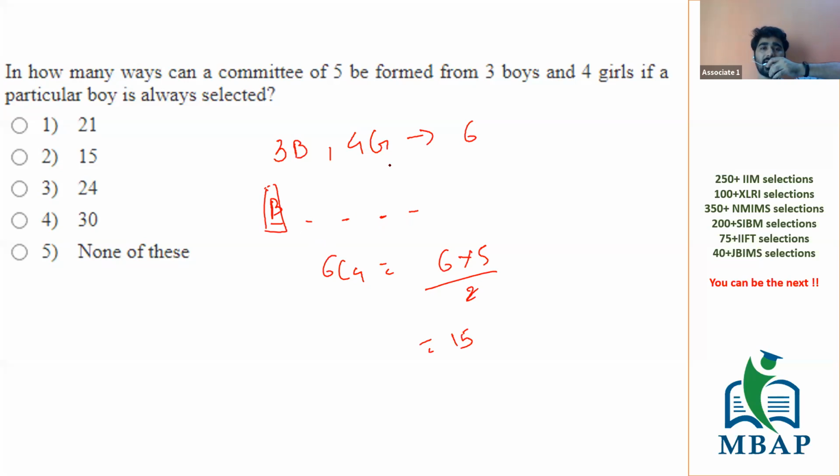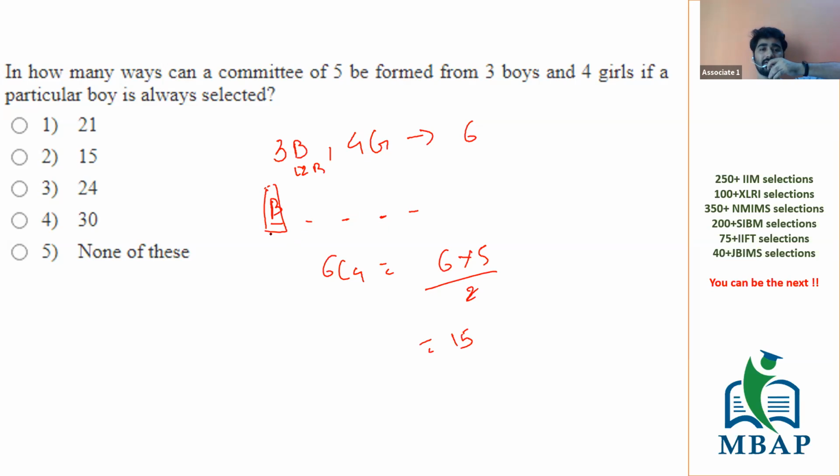And what is the number of candidates remaining now? Out of three boys, one has gone. So two boys are remaining and four girls. So in all, six people are remaining, and they will try to get into the four places which are remaining in the committee. Now there are no more restrictions or constraints. So you can have either those two boys who are left here, all those two can come, or all four girls and no boys, because there is no condition or restriction in the committee.